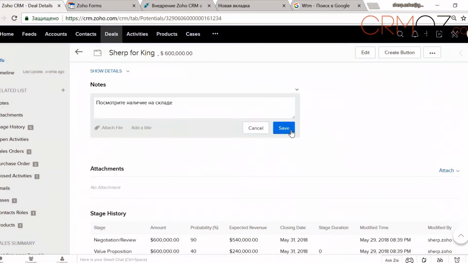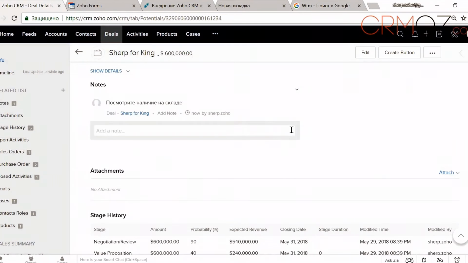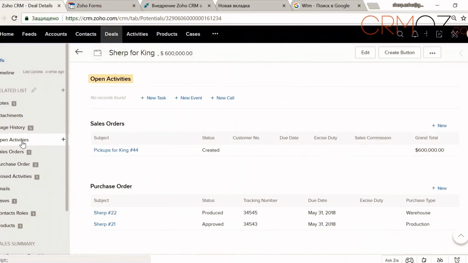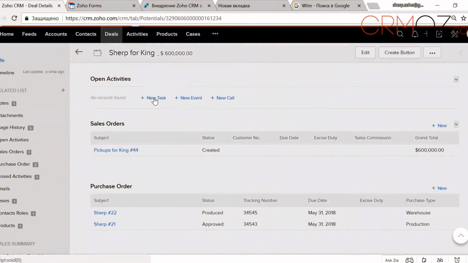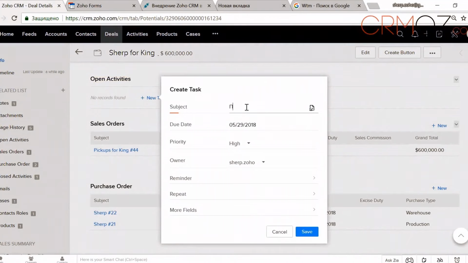We can write this, but usually, such things as looking at something, if you owe someone something, you address it. This is done using so-called activities, tasks. That is, if you want someone to do something regarding this deal, you need to create a new task for one of your employees. The task is to check the warehouse thoroughly and specify exactly who should perform